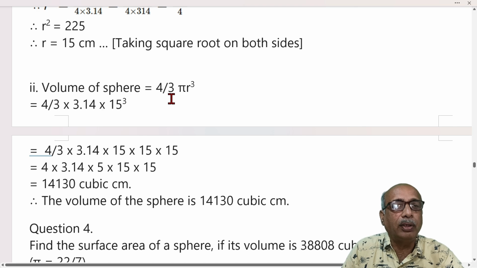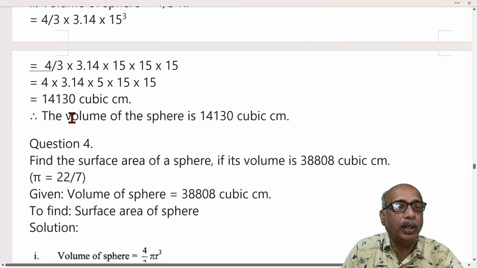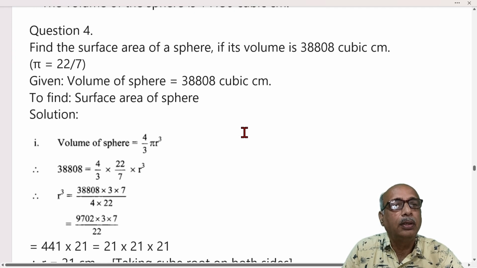Volume of sphere equals 4 by 3 pi r cube. So 4 by 3, 3.14 into 15 cube, simplify it, you will get 14,130 cubic centimeter. Therefore, the volume of the sphere is 14,130 cubic centimeter. Question 4. Find the surface area of sphere if its volume is